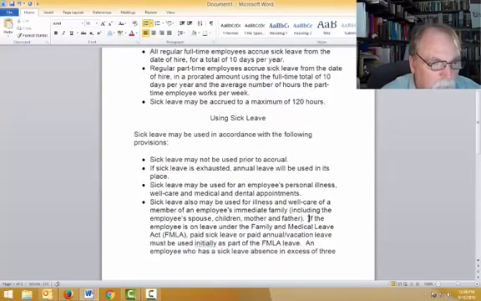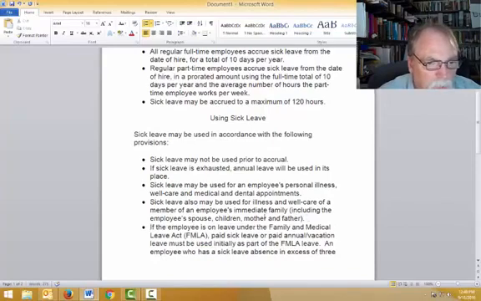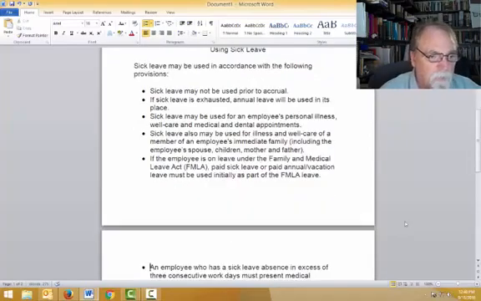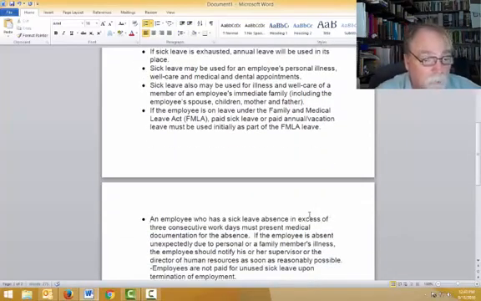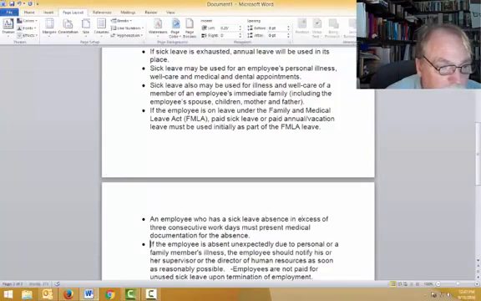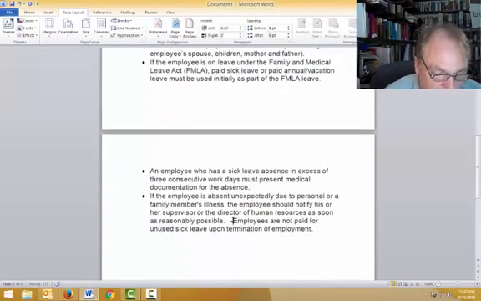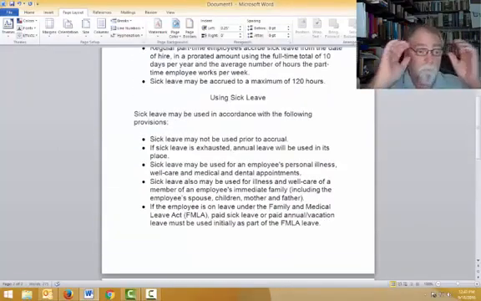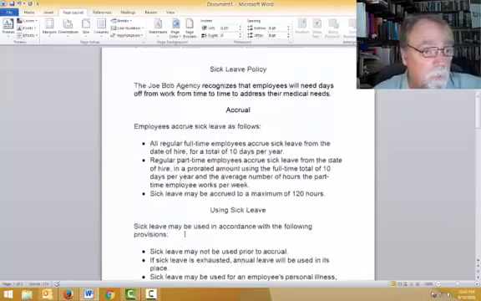If the employee is on leave under the FMLA, paid sick leave must be used initially as part of the FMLA leave. Sick leave in excess of 3 consecutive work days must be supported by medical documentation. Employees must notify the supervisor, and employees are not paid upon termination of employment. See, and if you go through this and look,